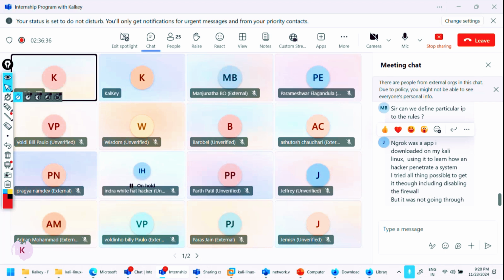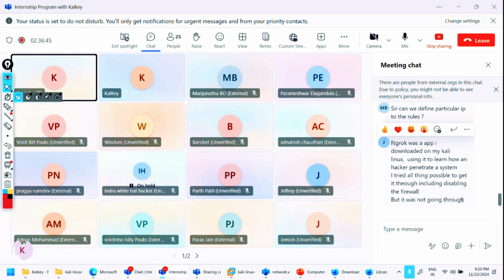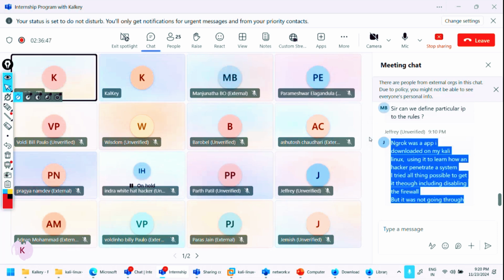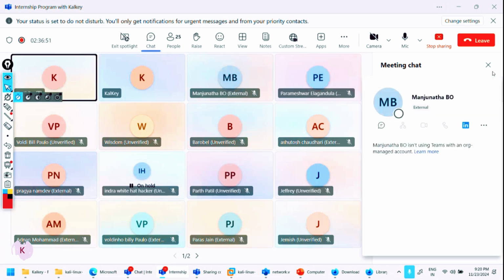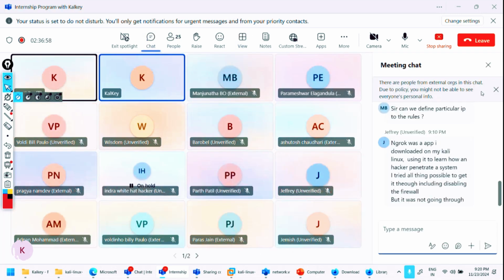I would suggest, for this particular question, check whether the app is running or not. And what is the port number that you're connecting to? It could also play an important role. If the port number is not right, it will not connect. You have to be very careful with that part. Also, another question Jeffrey asked,